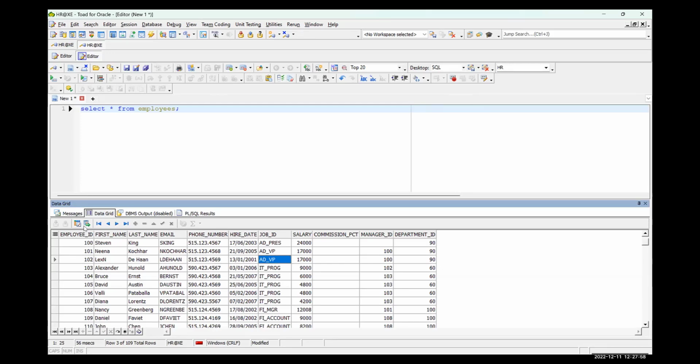These are the fields, the columns of your table, having these records. So I'm using the Toad application, and this is my database. I have connected as a developer to this database by using this Toad application.